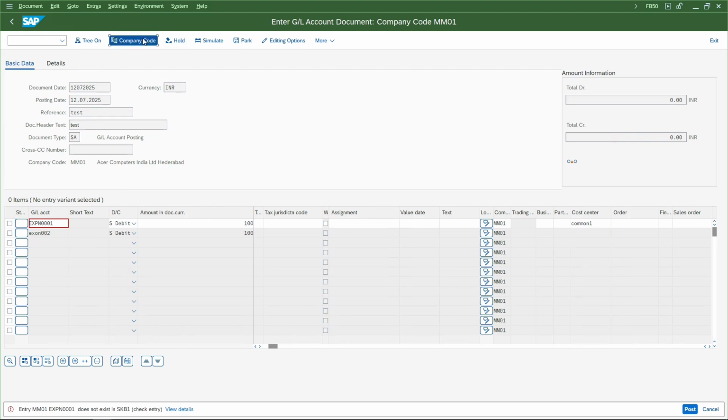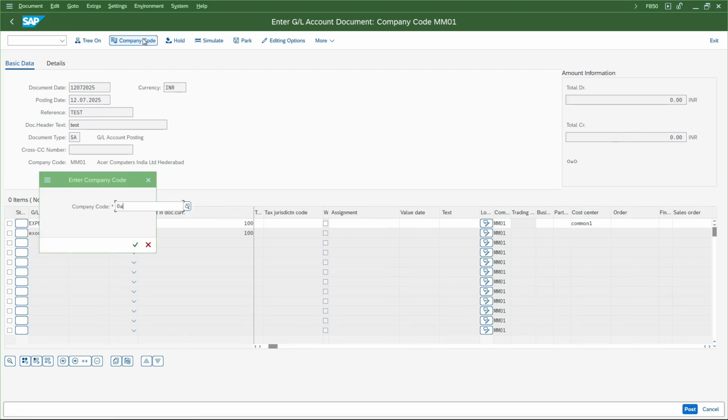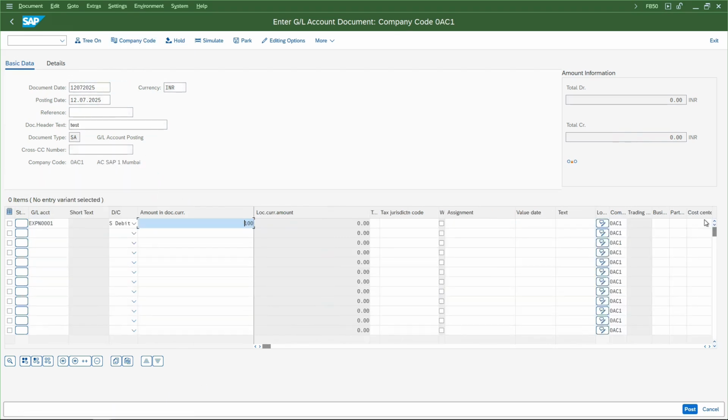Sorry, the company code is different. Let me quickly change the company code. So for the first one I'm using the common one, and for the second one I will use EV1, and I'll have the same amount,